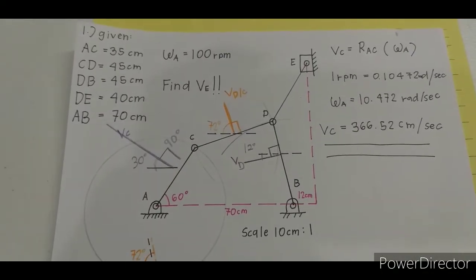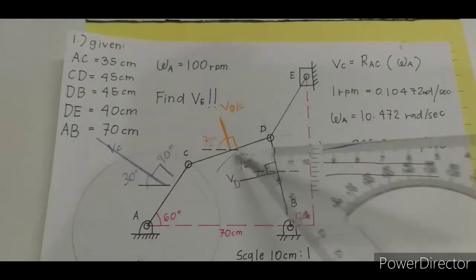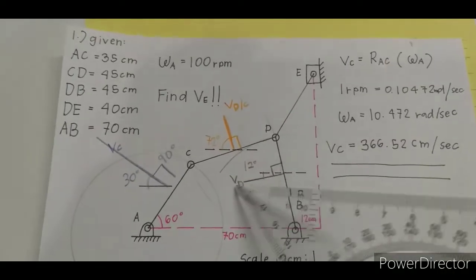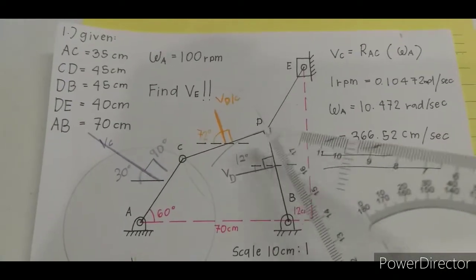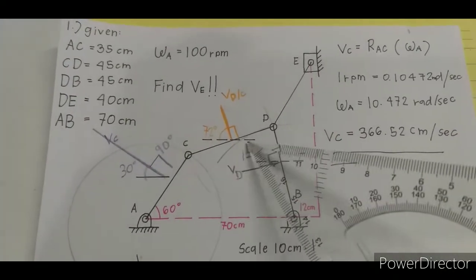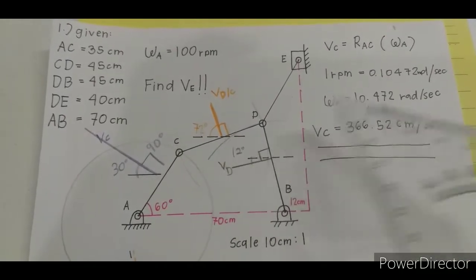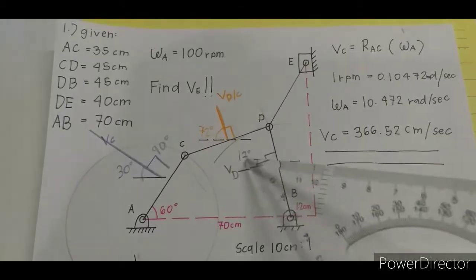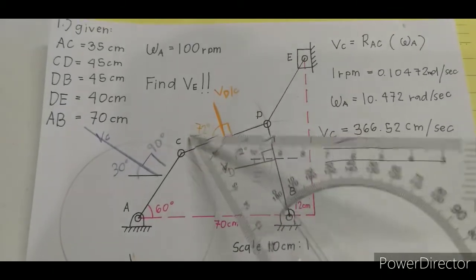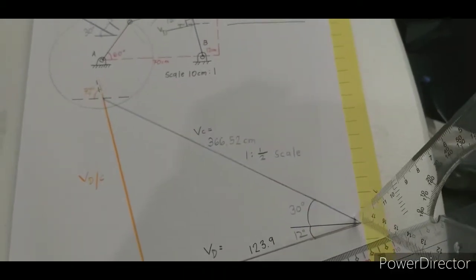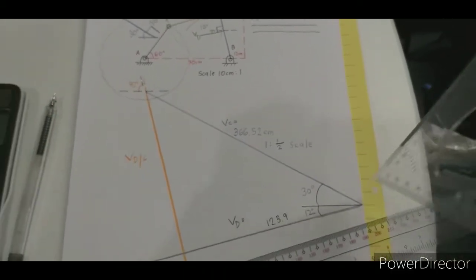Okay, so this is actually pretty straightforward. After getting the perpendicular lines from these particular segments, we now have to measure their angle from a point of origin or origin line. So I measured this at 12 degrees and I measured this as 72 degrees. And now we input these into our graphical method